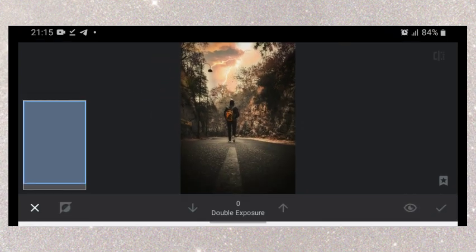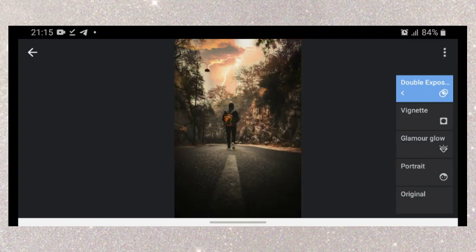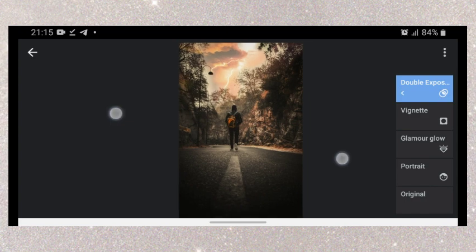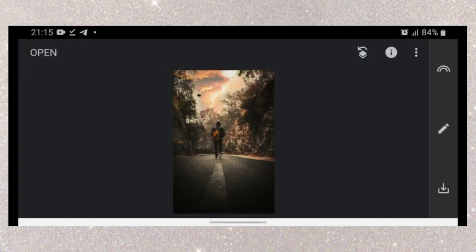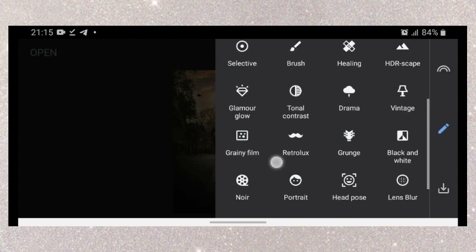So that's okay. Then the next thing is to tune the image to give it some side of warmth effects. So go to tune image,